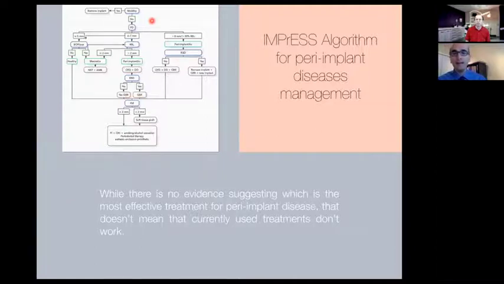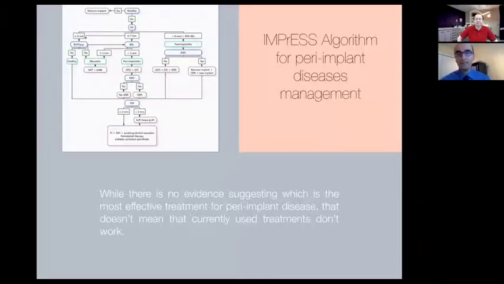If your implant has greater than 8 millimeter probing depth and you see more than 50% radiographic bone level loss, then this case is a very significant peri-implantitis, and then you have to choose between two options. One would be explantation, remove the implant, and also obviously grafting and starting again from scratch, or you consider rescuing the implant with much significantly less chance of success because you've lost more than 50% of your implant bone